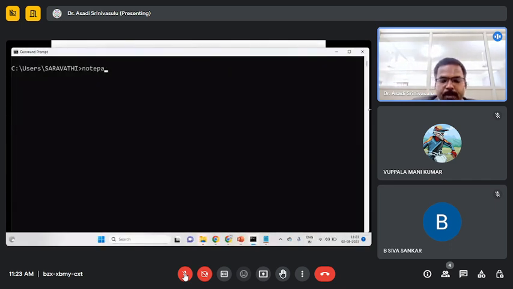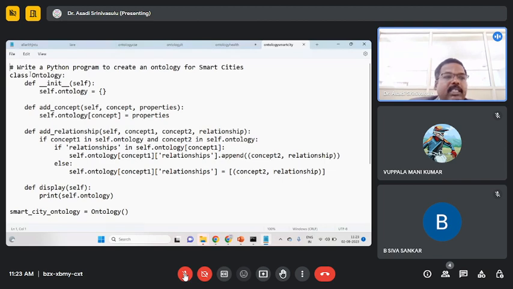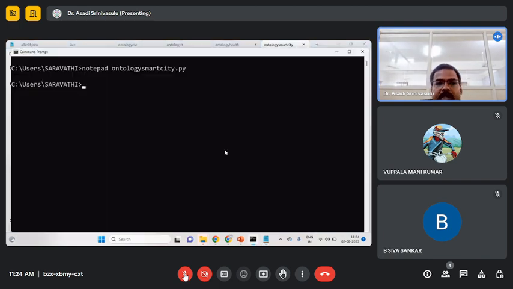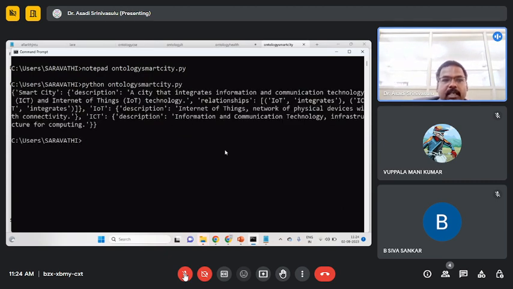So notepad, ontology_smart_city.py. This is the file name I have created. Okay, write a Python program to create an ontology for smart cities. Okay, and I am executing. Python ontology_smart_city.py. Now see, smart city description: a city that integrates information and communication technology, that is called ICT,